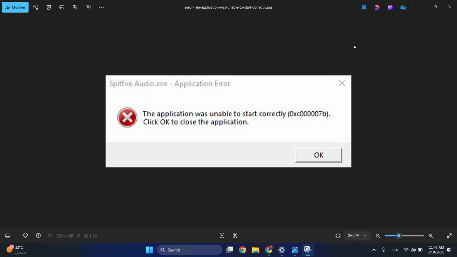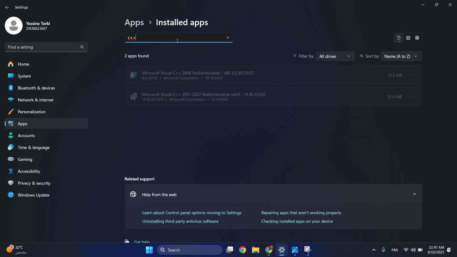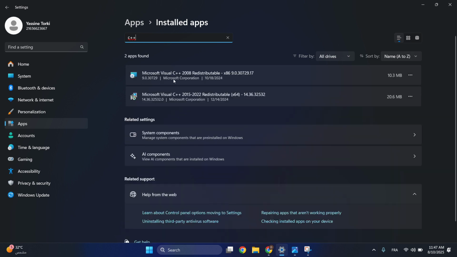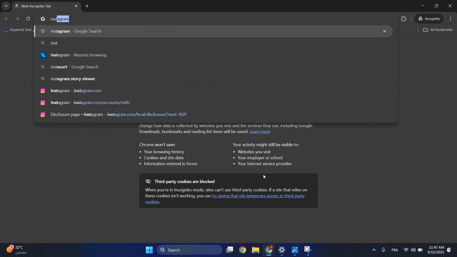So in today's video, I'll be showing you how to fix the "application was unable to start correctly" error in GTA 5. So first of all, go here to your parameters, search for installed apps, and then just search for the C++. Make sure you have Microsoft Visual C++ Redistributable on your PC. If you don't have it, just go to Google and search for install